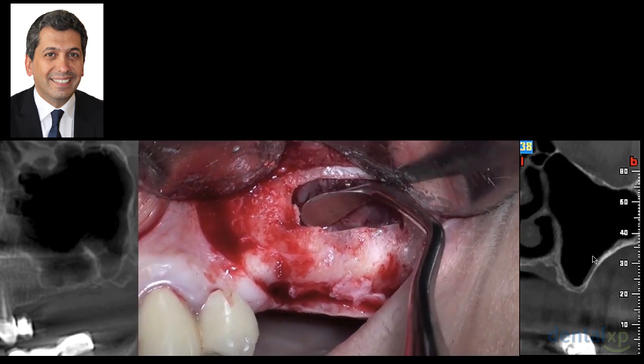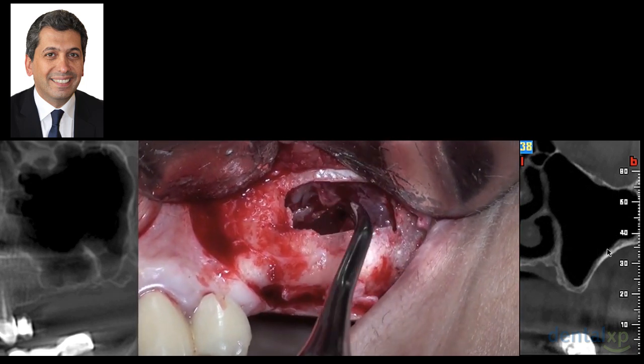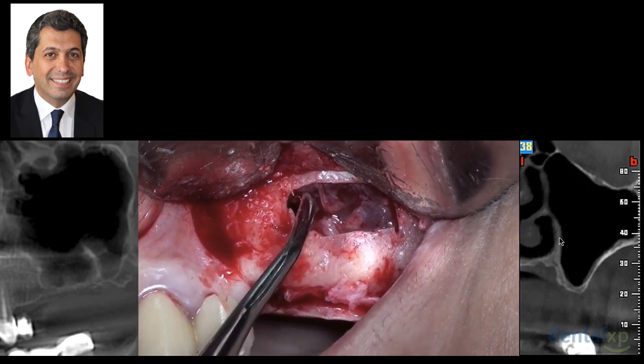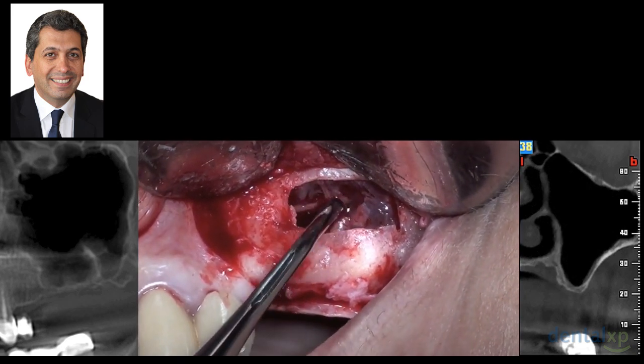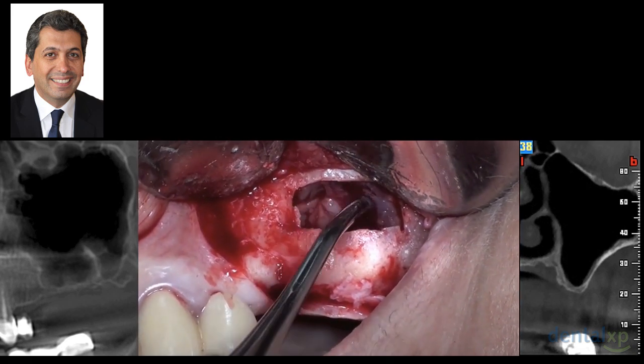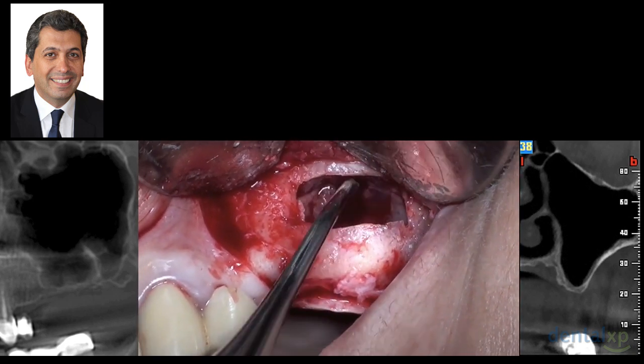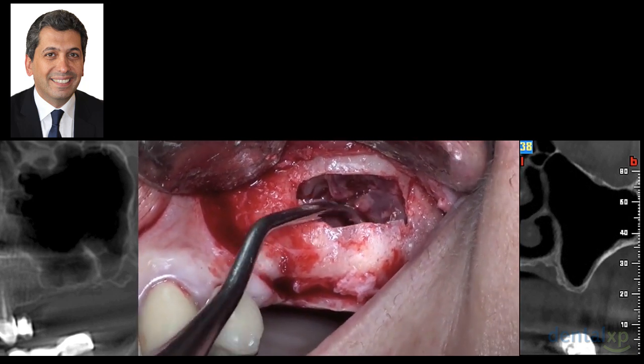I have to reach this part of the bone that you can see on the right on the radiograph. So I went like this, and I go all the way to the palatal part of the bone. Now that I elevated my membrane mesially, distally, buccally, I continue all the way to the palatal part of the